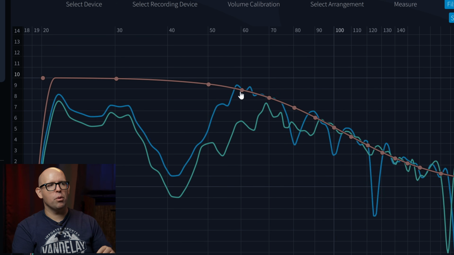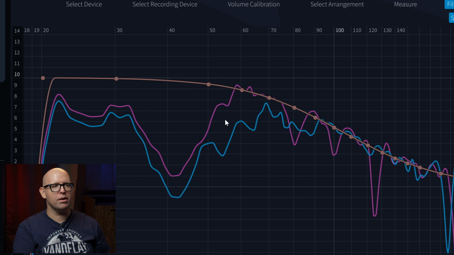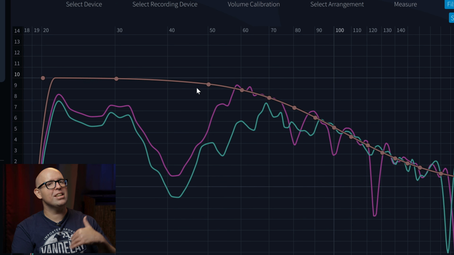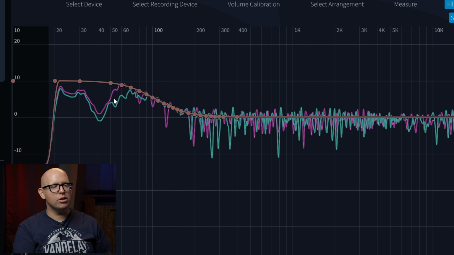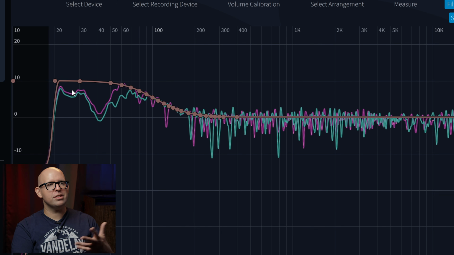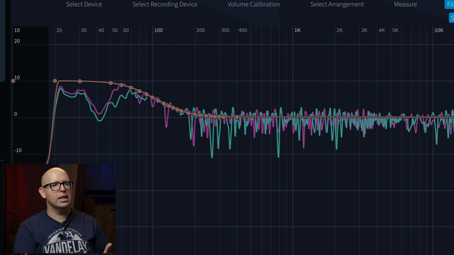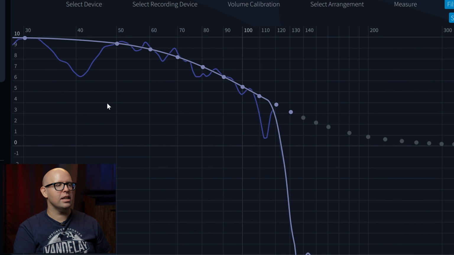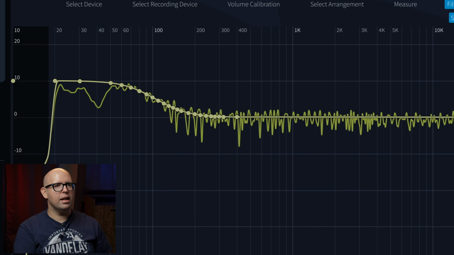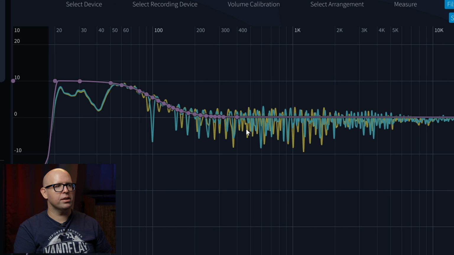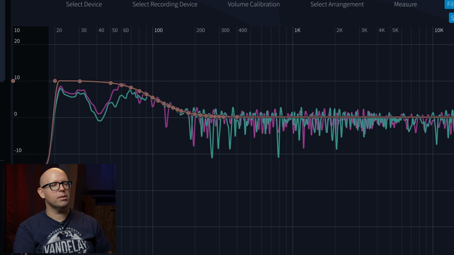So in this case, if I wanted to use this, before you add your house curve, and actually before you do the measurements, you need to adjust the volume so you have enough headroom on those subwoofers where it doesn't really need to boost really at all, or maybe just a little bit, and it can smooth this out and bring the volume up here. Otherwise, you're gonna deal with these dips here, and while this is closer to the actual house curve, it's still not ideal. And we can actually see that if we go to the subwoofer itself, and the subwoofer is gonna look a little different, and it actually is going to affect all the speakers as well. So that's definitely something you wanna take into account.